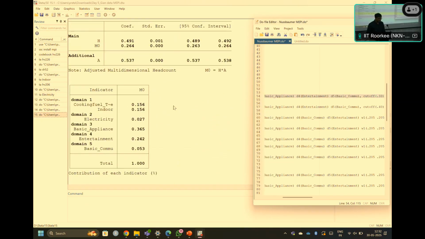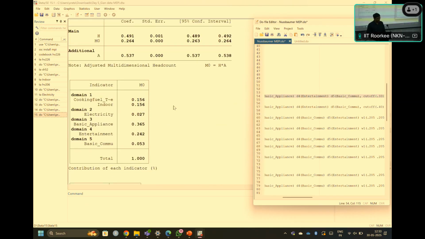Now, let's have some interpretations from your side. Since the data we have already given, we might give a table for you to find the best answer in the quiz. Okay, let's cross check how we are interpreting. So far as the M0 value is concerned, coming to the indicator domain 1, can anyone interpret? Domain 1.